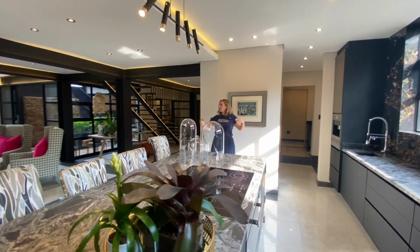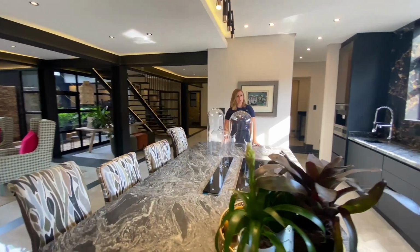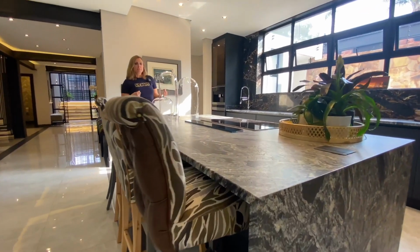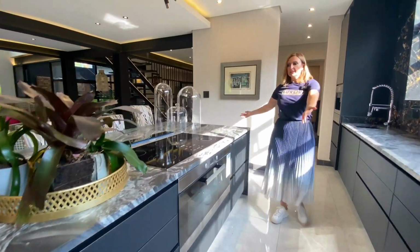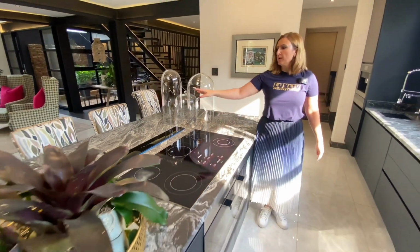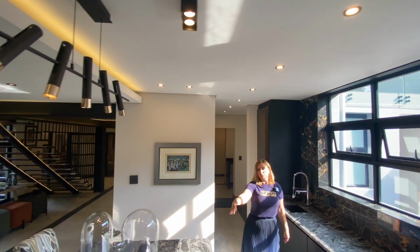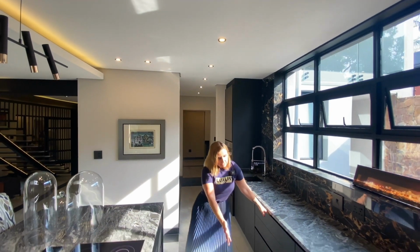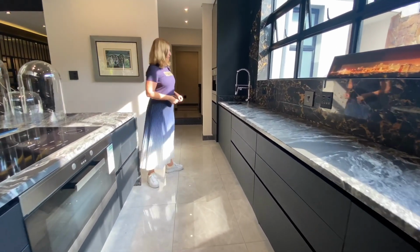We're now into the kitchen. This is open plan to the dining room section. Different textures and different countertops, as well as backsplash on the other side. Again, luxury textures. The feeling here is like leather on this countertop. A huge center island, and they've brought in again those charcoal dark colors. This is a Miele stovetop, as well as a pop-up extractor fan. Another very, very striking light fixture that just shines a light on your tapas or the cocktails that you're preparing. A multitude of drawers, and of course all soft close naturally, but everything in that very soft matte